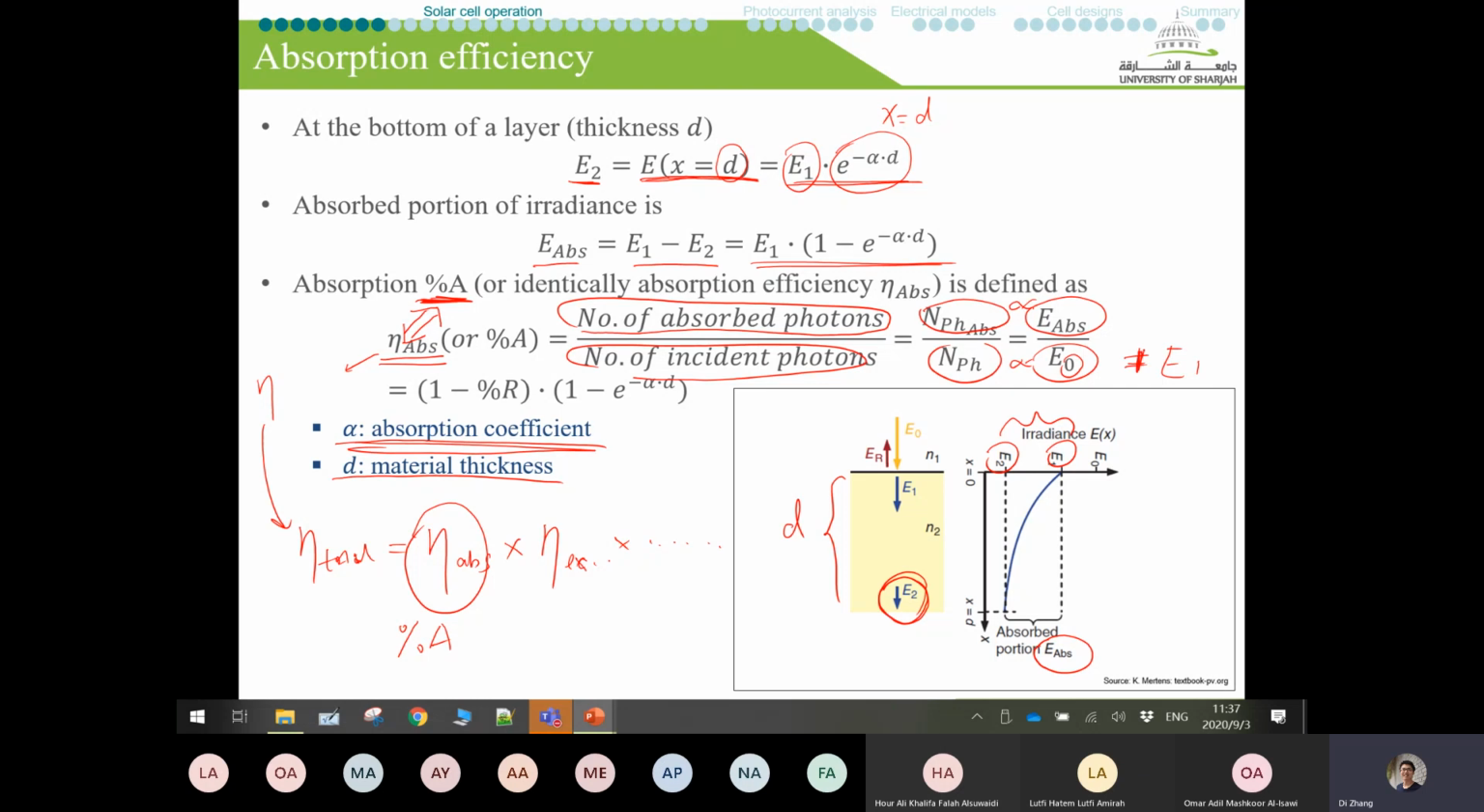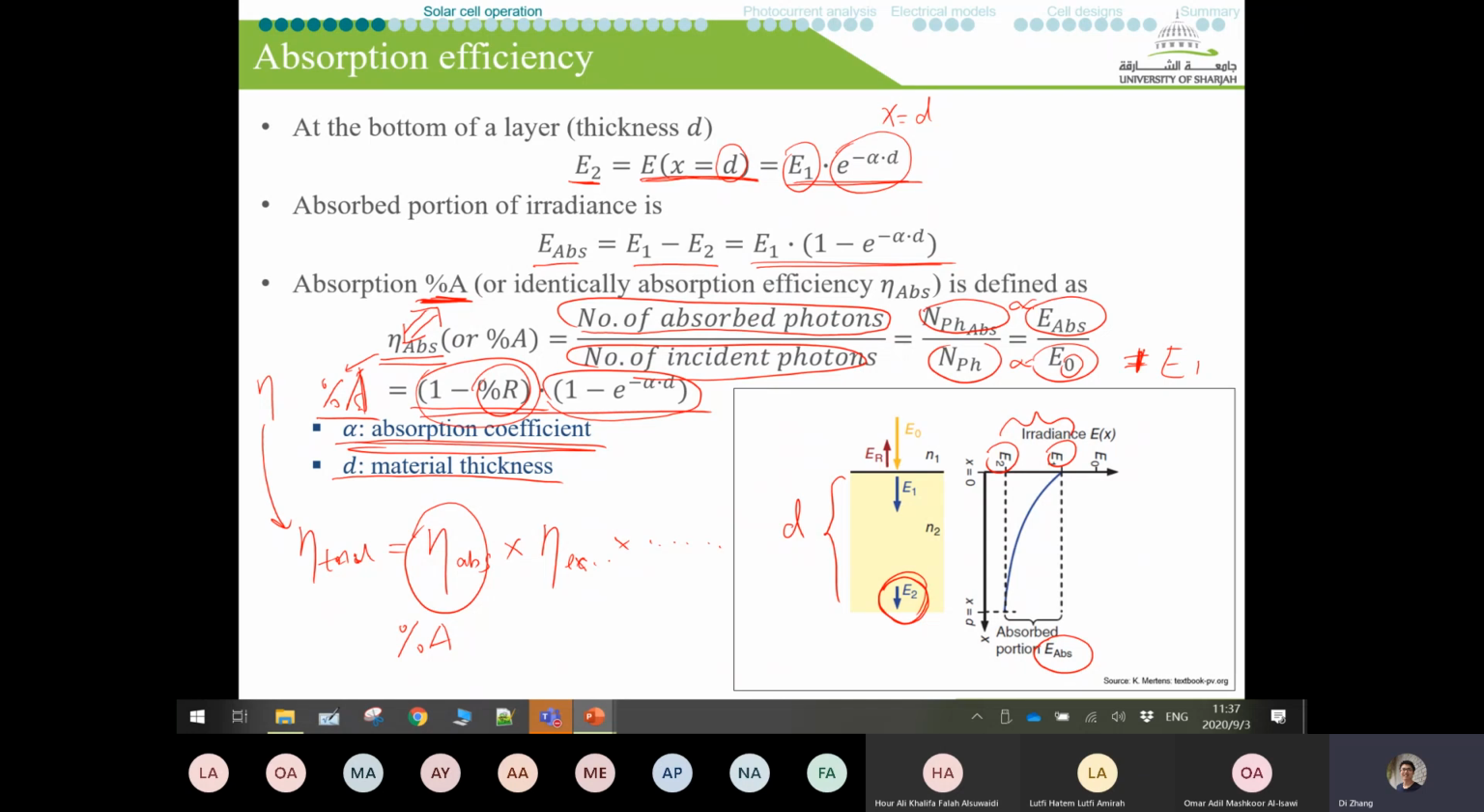So if we substitute everything into the equation, knowing that E1 is related to E0 by the reflection, we can write that the percentage A should equal 1 minus reflection. Because 1 minus reflection is the part that is entering the material, and then we multiply by this term, that is 1 minus exponential of negative alpha times the thickness. And that is the correlation between the percentage A